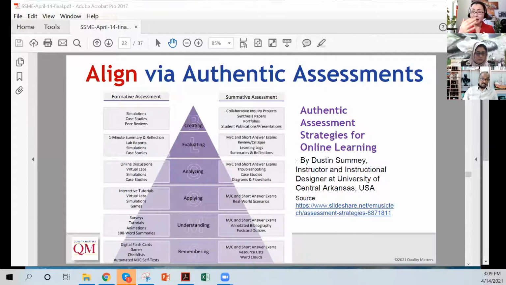Just some check, self-test, some very small assessment, but that will help you understand where students are and help students to be more confident that they are learning every week. Okay, so here are some